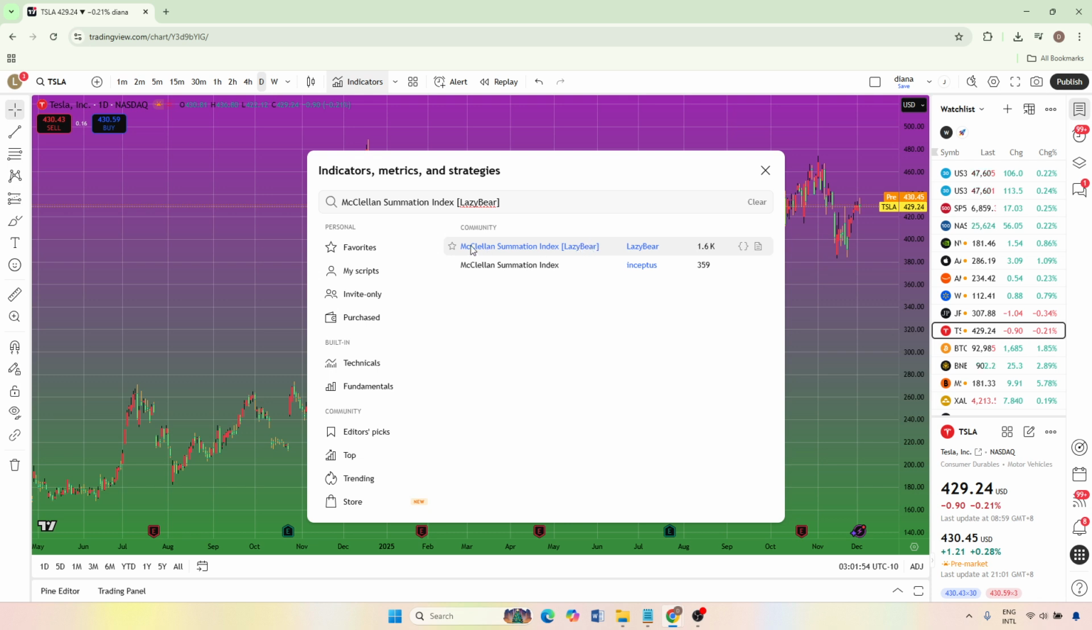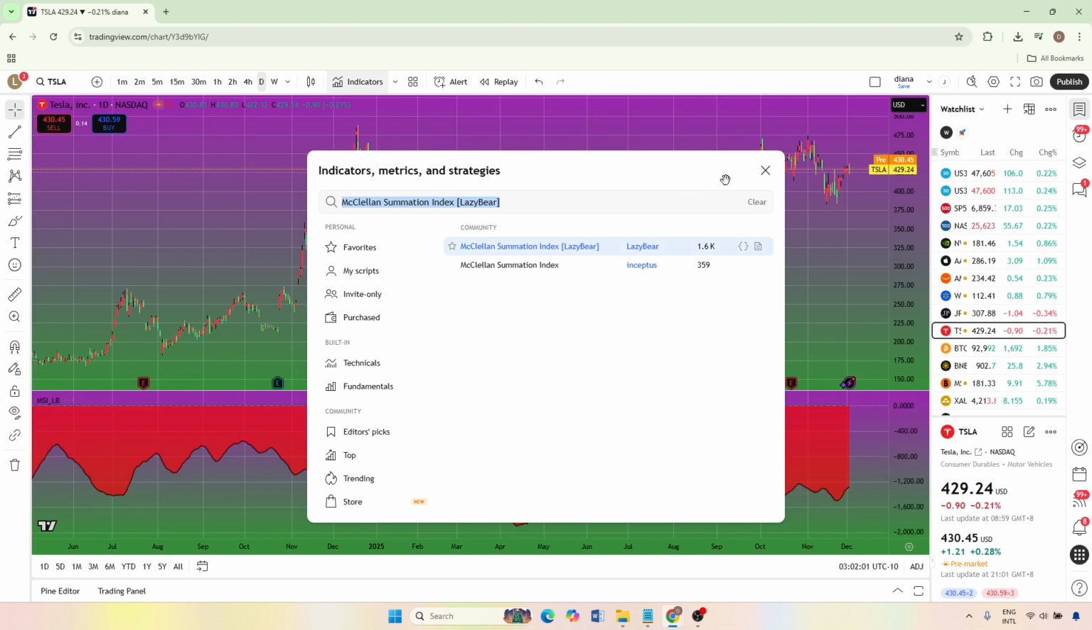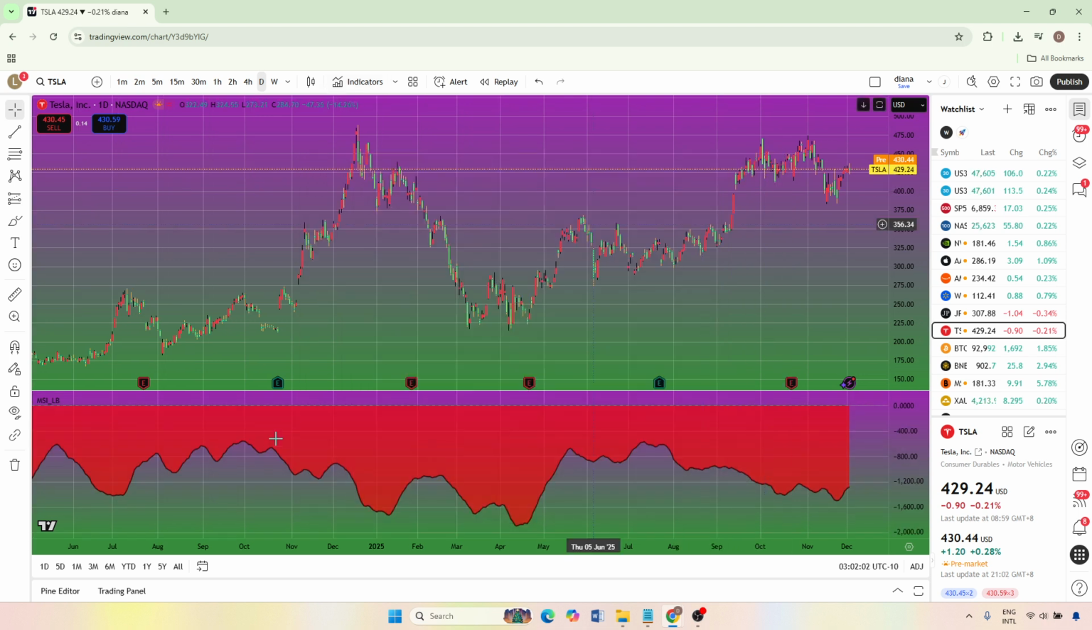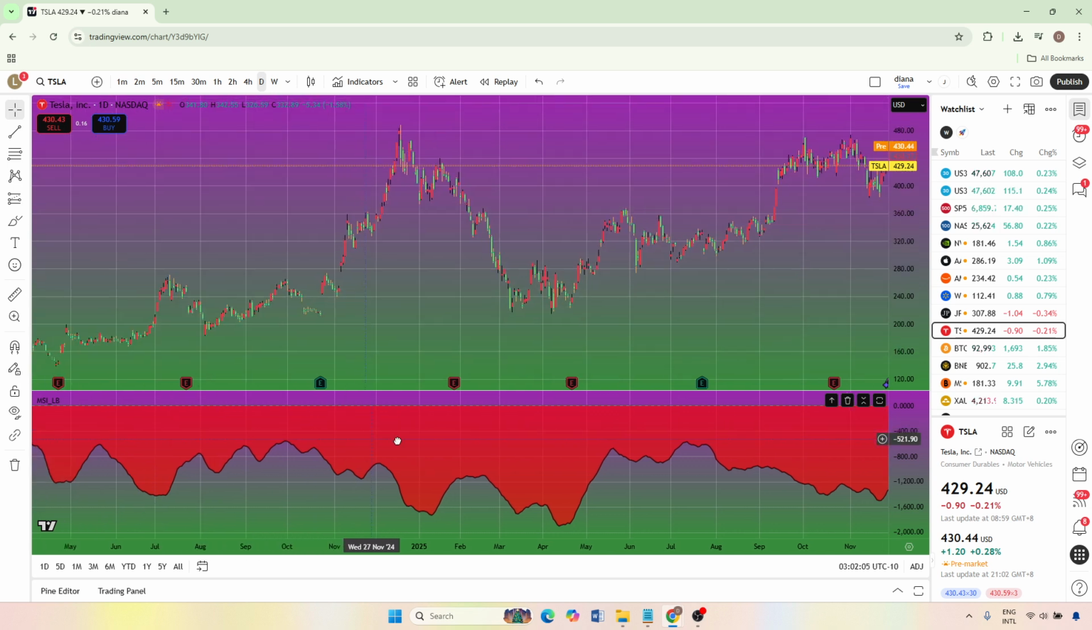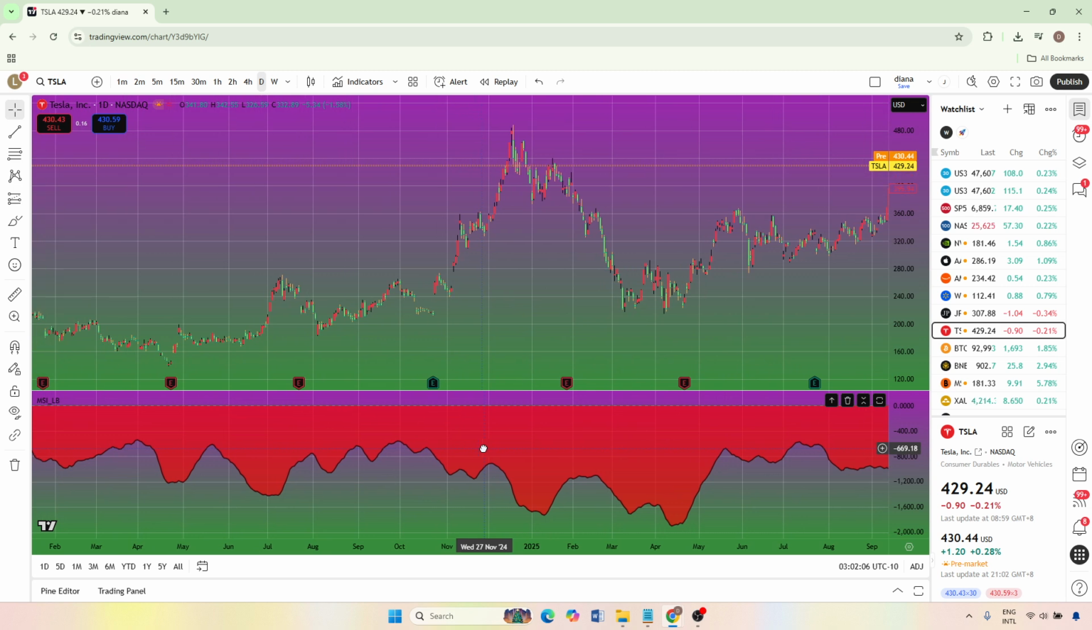As you type, TradingView will start filtering results. Look through the list that appears and find the version that shows the full name of the indicator with LazyBear as the script author. Once you see it, click on it once. TradingView will immediately add the indicator to your chart, usually in a separate pane below the main price chart. Now that the indicator is on your chart, let's quickly check the settings so you can adjust them to your